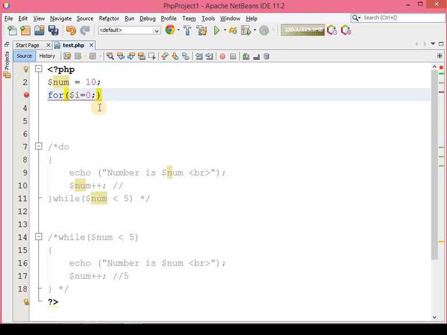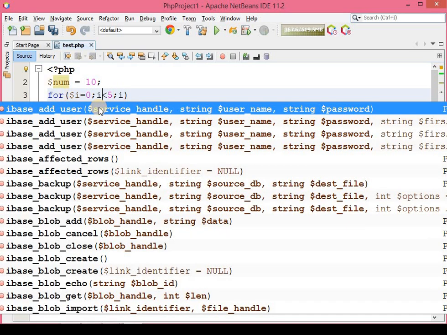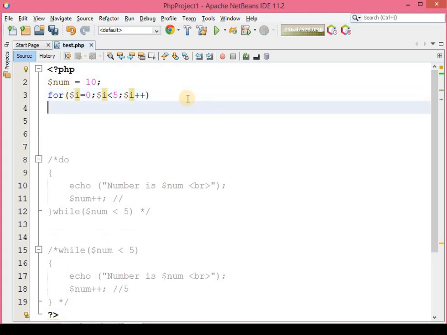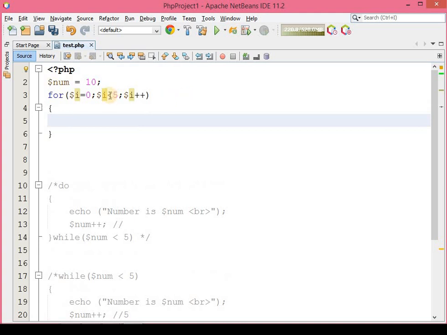Okay, I is less than 5, I. Now be careful over here, you have to put $ sign because it is PHP. Okay, so $I is less than 5 and I plus plus. Okay, so this is a condition for loop.